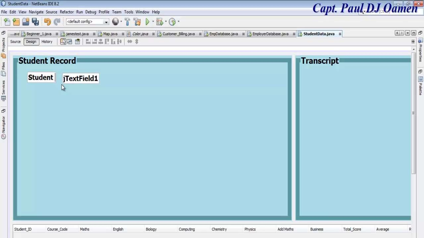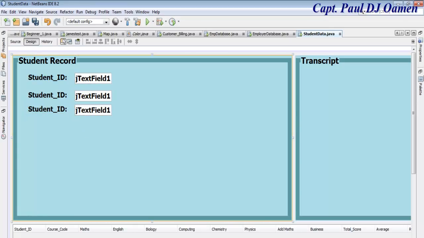Student ID. Let's see, put a space there. Student ID column. I'll just copy that across. So this will be name, surname,